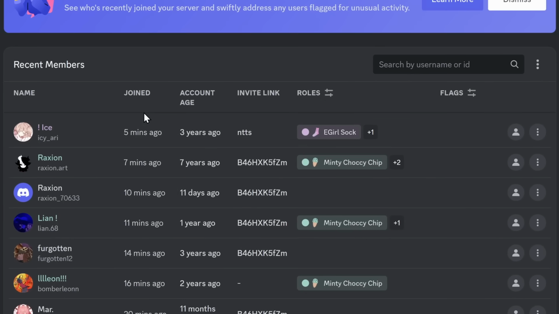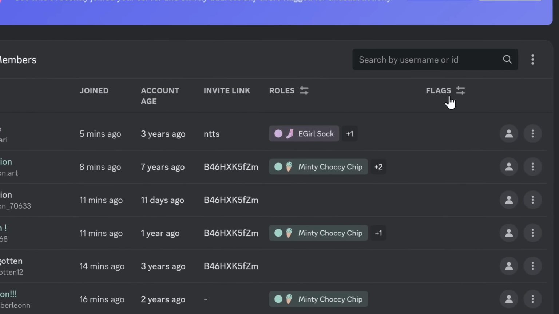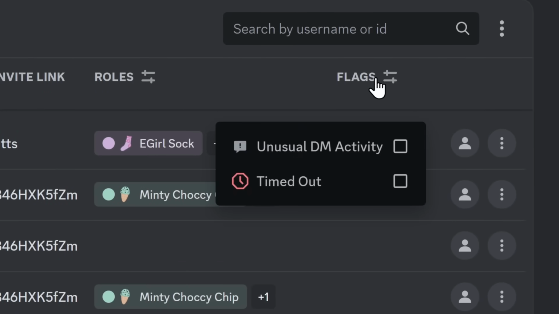This member page shows you the most recent people that have joined your Discord server. So you have a join time and an account age. You can also see what invite link they used, and what roles they have. And then there is this flags tab here. This is really where the cream of the crop is, because these flags allow you to see people who